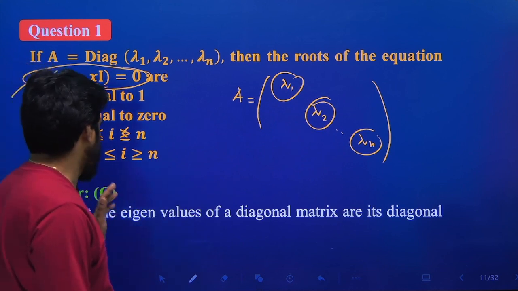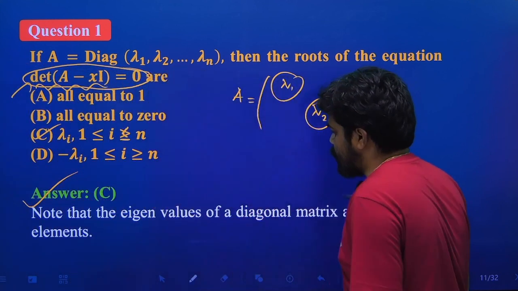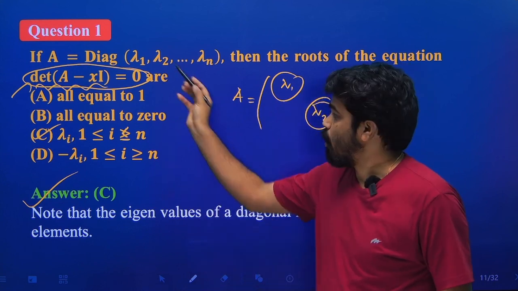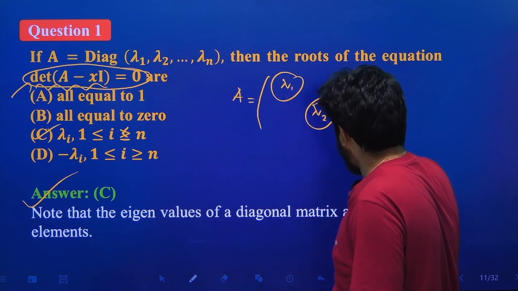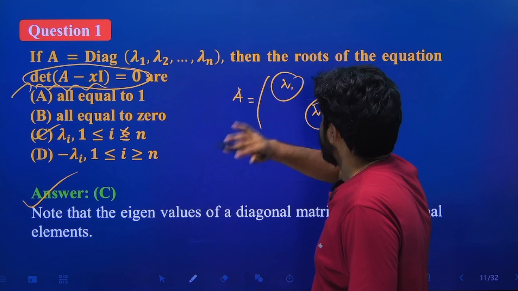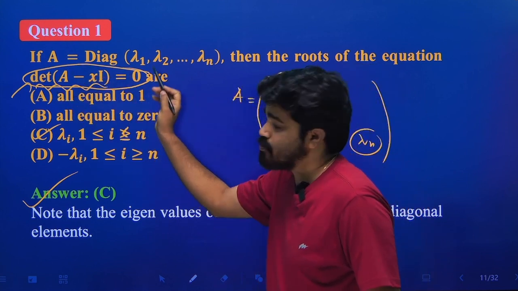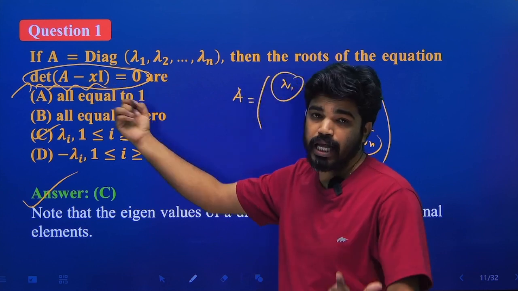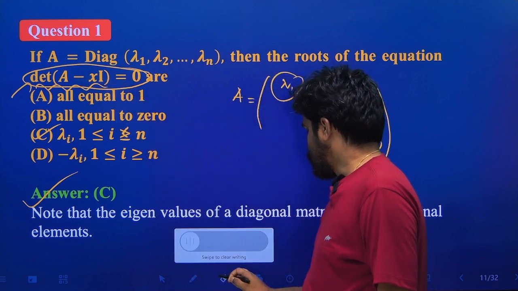Okay, so note that the eigenvalues of a diagonal matrix are its diagonal elements. So lambda 1, lambda 2, lambda n are the eigenvalues of the matrix A. That means lambda 1, lambda 2, lambda n are the characteristic roots of A. Okay, here the characteristic equation is given, you can find its roots. Basically what do we call its roots? Eigenvalues, okay? Okay, so next example,